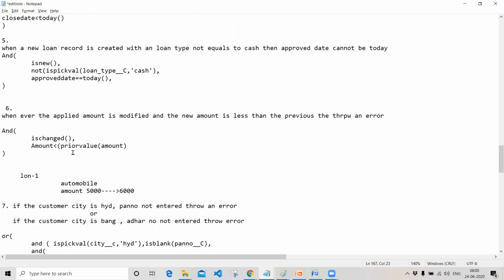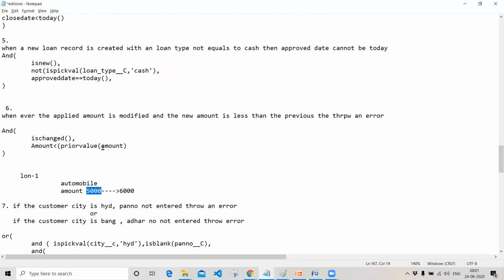The prior value will check with the previous value. The previous value is 5,000, right? Then the modified amount is 6,000. So what Salesforce will consider is the loan amount right now is 6,000, and the prior value, before this 6,000, is the amount it was holding, which is 5,000.